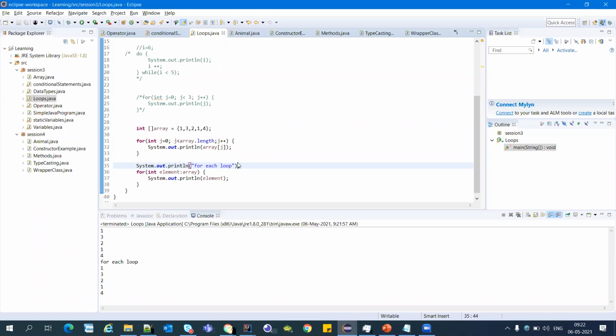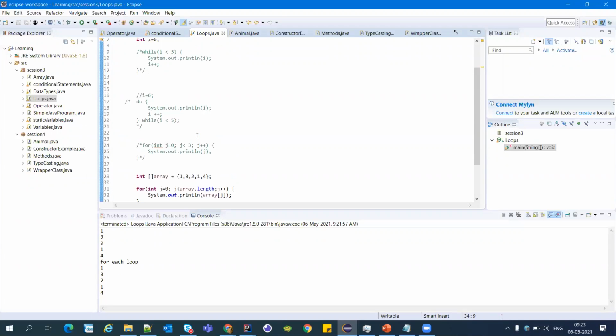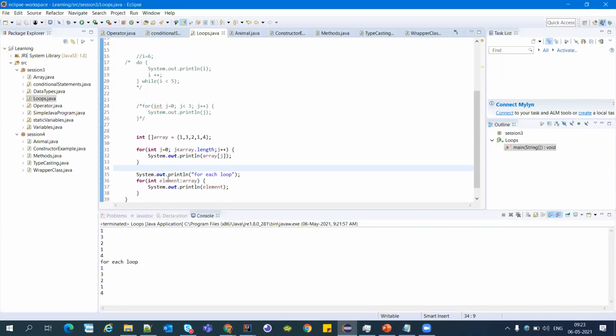Yeah, any more questions, Shubham? Print 5 to 0 using each loop. Okay. Yogesh, you are on mute. I have muted you because of background noise. So can you just type a program to print 5 to 0 in the for each loop actually? That for loop actually, I think Shubham is talking about.